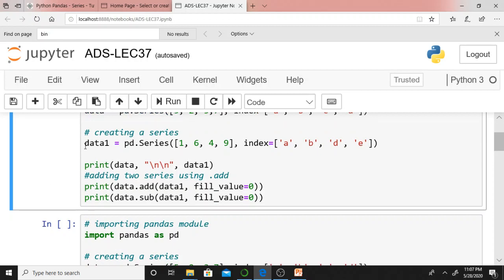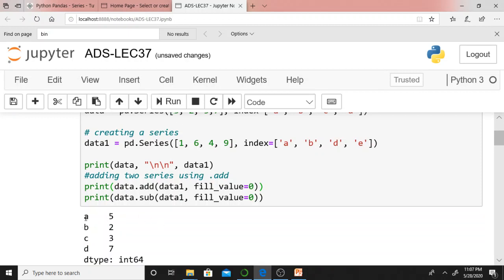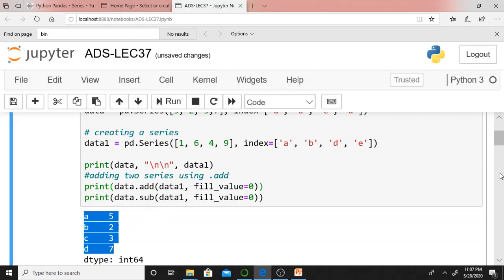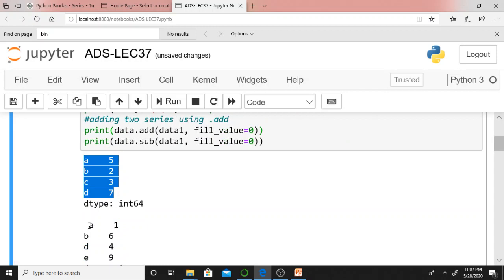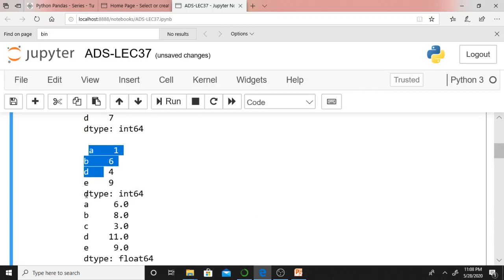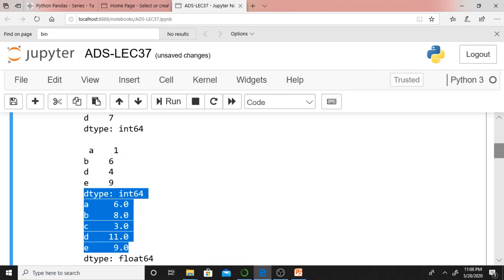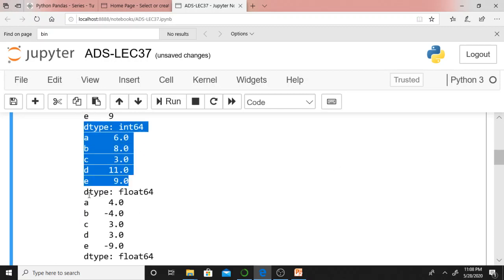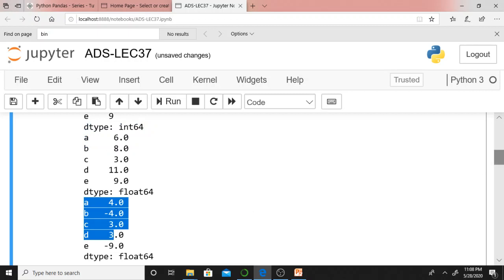Again we are printing data and data1 as well, and this I already discussed, isn't it? This is data, and this is data1. This also I discussed. Now add, sum, also I discussed. This is sum. We already discussed in the PowerPoint presentation how to add. This is subtract. These values also I discussed.